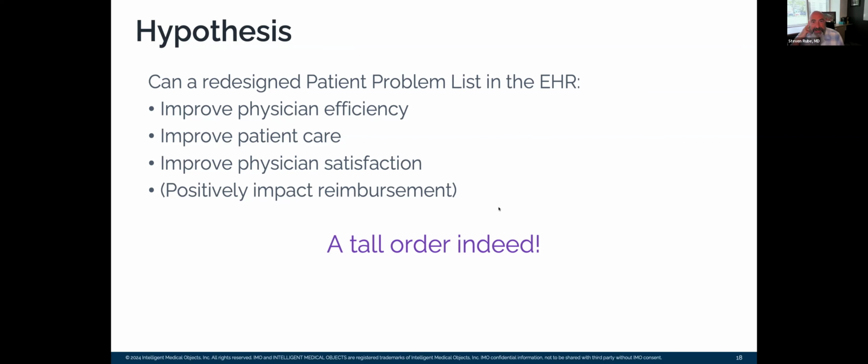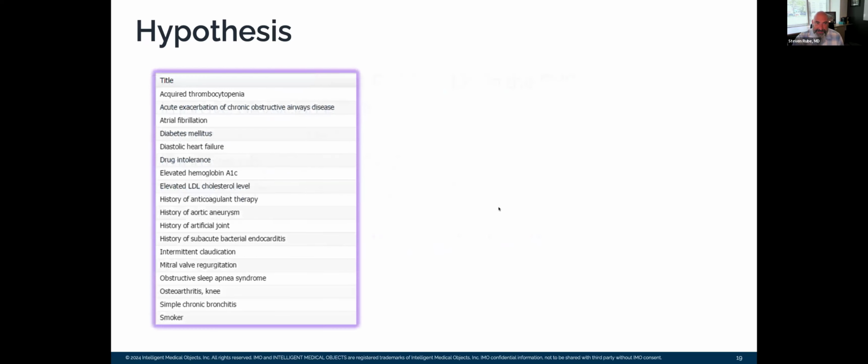And to get real data, it would have to happen in the real world. And we'd have to use real physicians looking at real problem lists. And so we tried to design a test that would come up with that. And our theory was, if this was an old problem list, and this one, as you see, is categorized alphabetically,